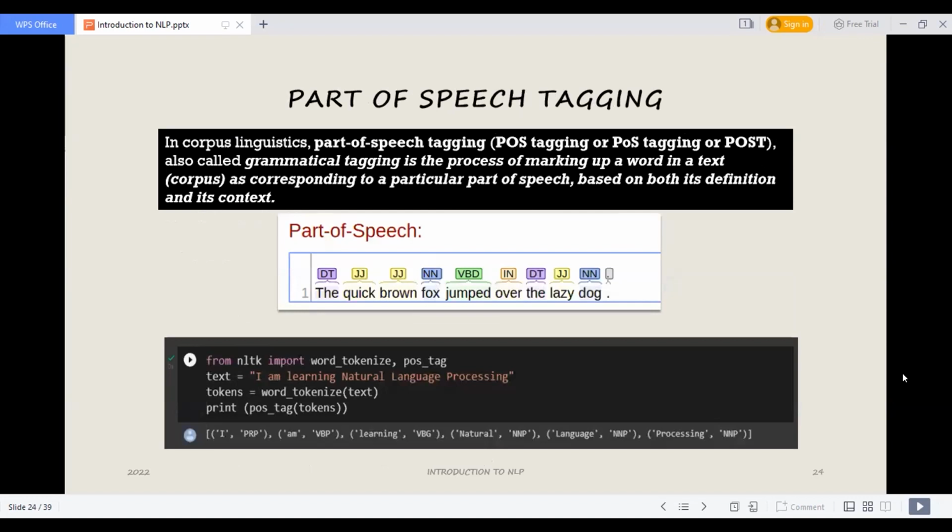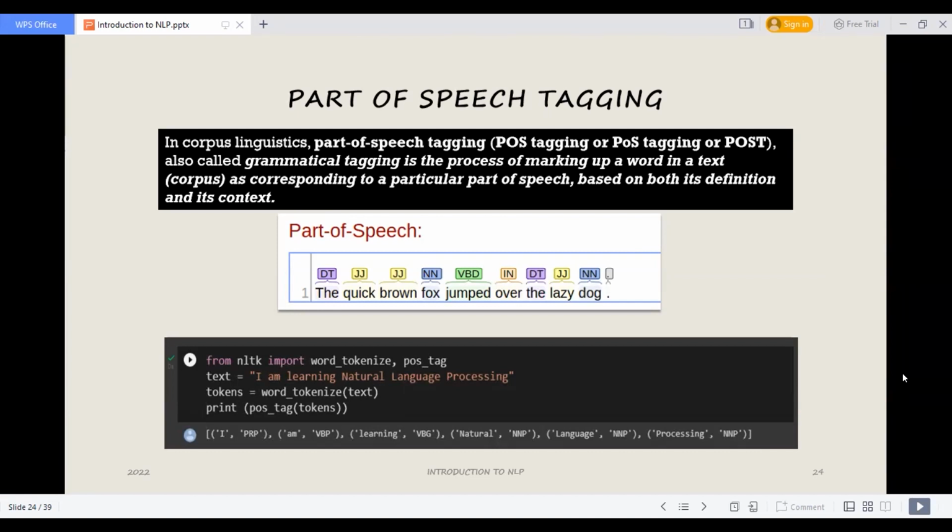Now, if we jump into parsing, part of speech will come into the picture for sure. Part of speech tagging is apart from the grammar relation. Every word in a sentence is also associated with a part of speech. What is part of speech? It is the noun, the verbs, the adjectives, and verbs have different forms. We know a verb has 6 forms: the past one, the present one, the participle one, the base one, and we have nouns also.